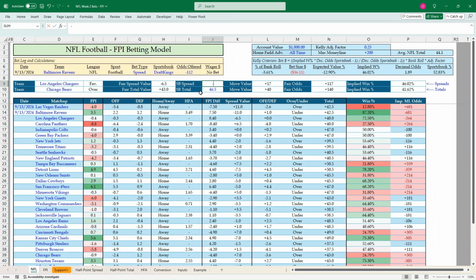-6.5 is the fair line. We're getting -5 on Caesars. There we go. Here's another one. So there's a second bet for the day. We got the spread. That was Caesars